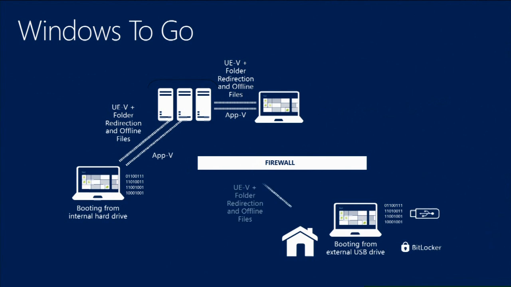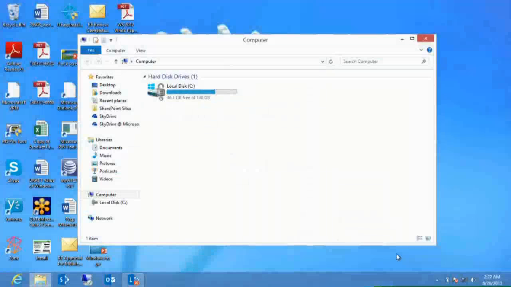So I'll switch over. We'll show a really quick demo of that for some of the people that weren't here, and that's PC 7. And flip that over. So I'm going to start pretty simply with this device that I'm using. I have my internal drive up here. It shows it's about 148 gigabytes. When I plug in my Windows To Go drive, this one right here that I have my image loaded on,